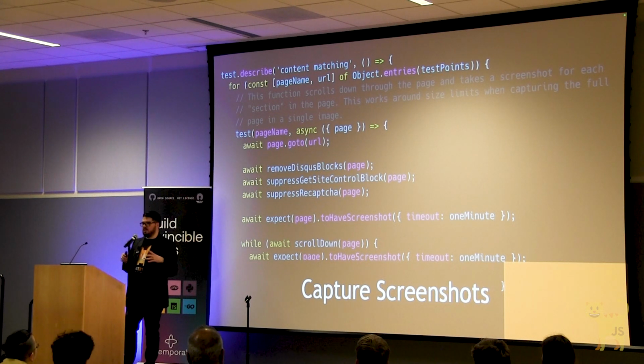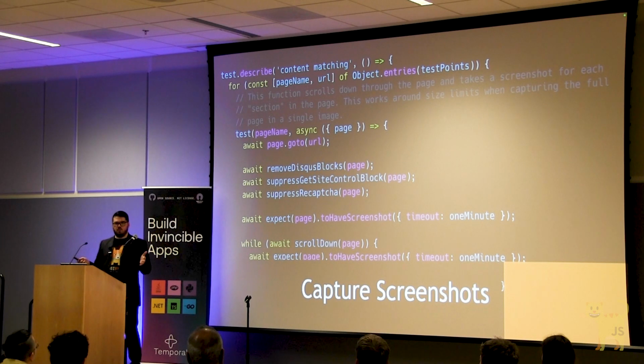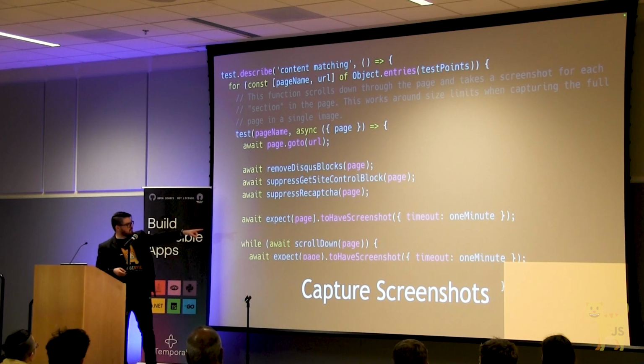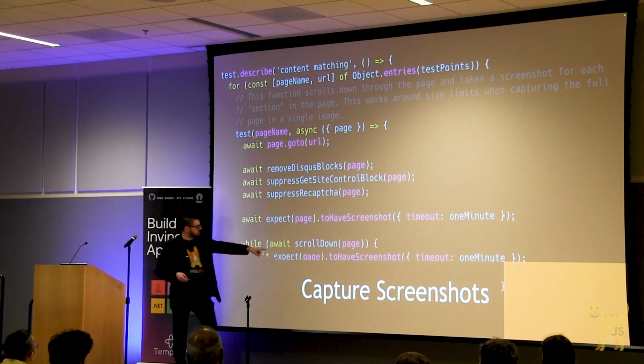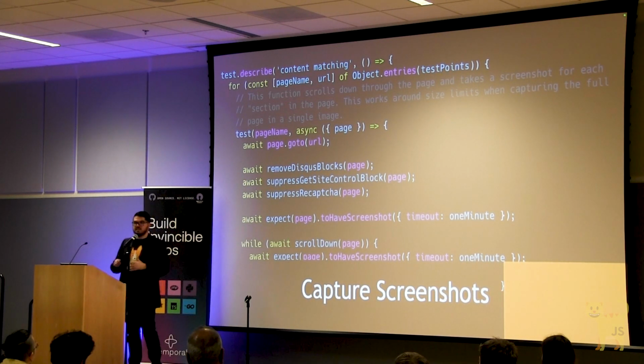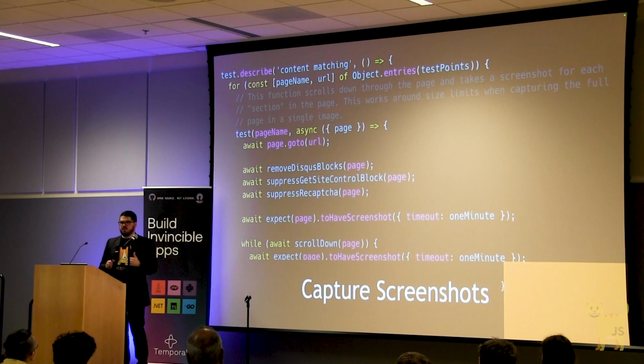Now, this is something that we decided to do because of a limitation in Playwright on Linux with capturing the entire page in one go. So there is a way you can use the screenshot capture function, the toHaveScreenshot function that's right here. This one. You can tell it to capture the entire page, top to bottom. But for a really tall page, especially at a small viewport, so if it's like a mobile display, that could be like